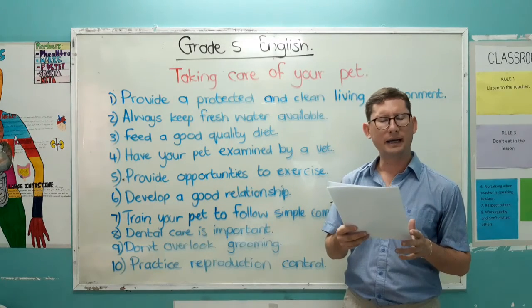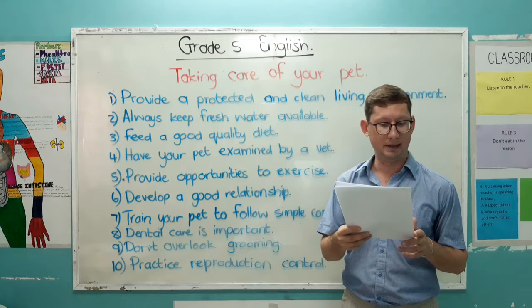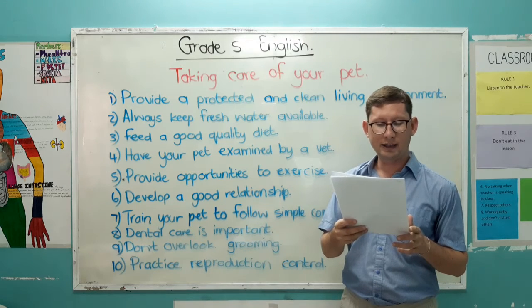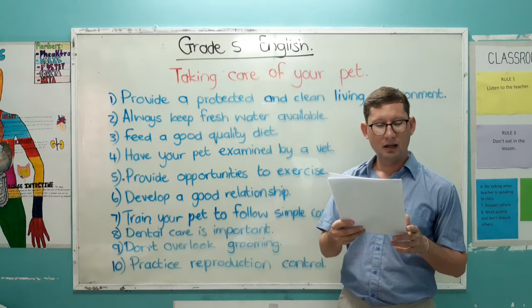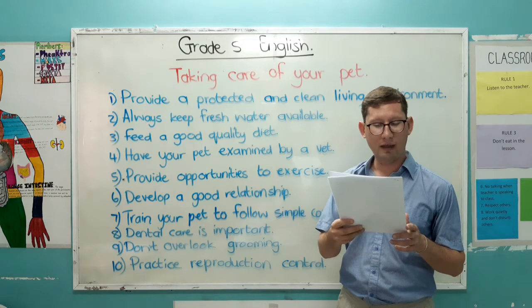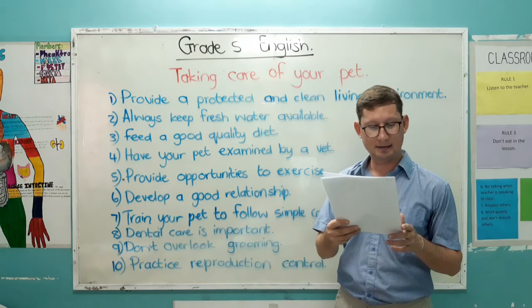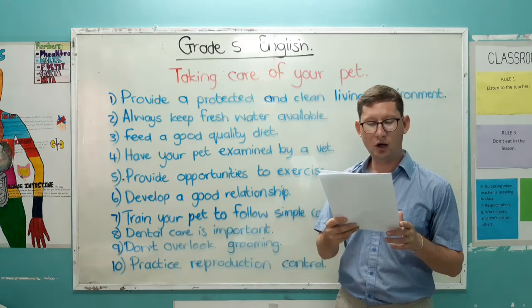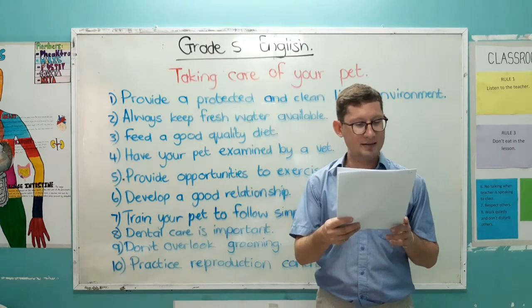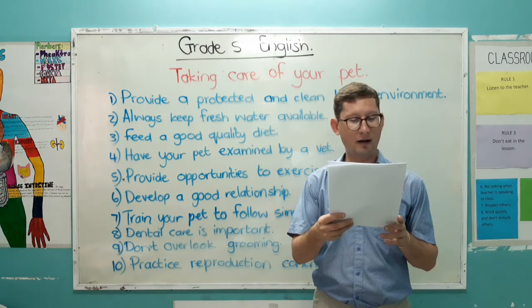Why owning a pet is a commitment. Pets are a commitment. They need your care and attention every day of their lives. That can mean looking after them for many years. Some cats will live up to 20 years, and some of the smaller breed dogs. As the old slogan went, a dog is for life,